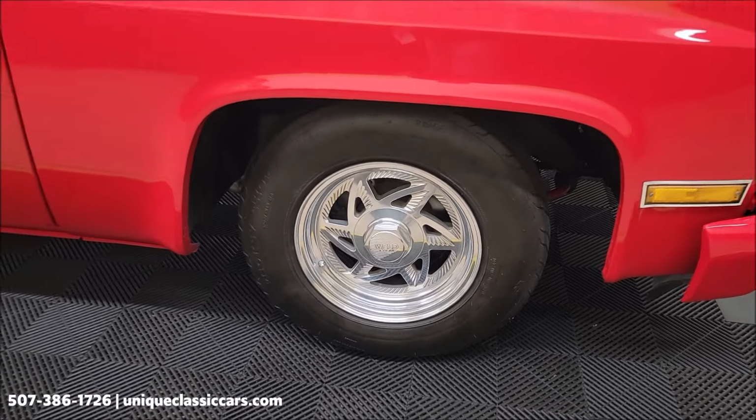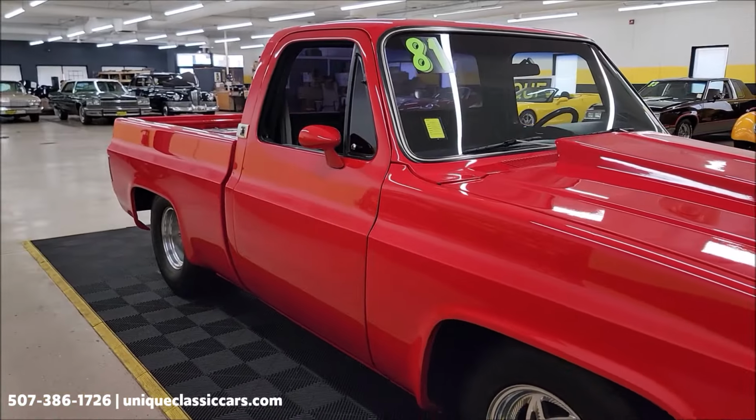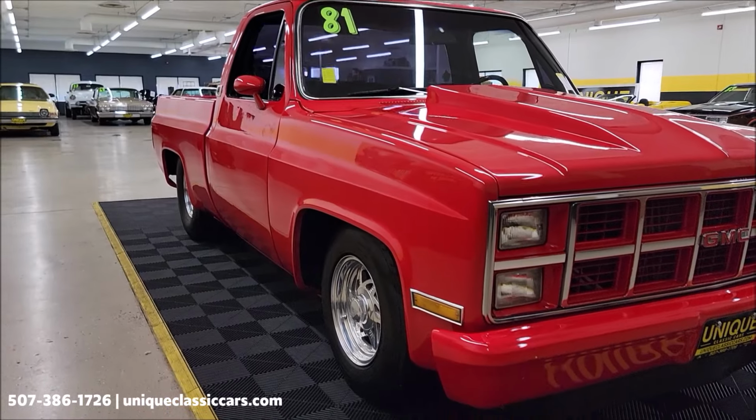Riding on Weld Racing wheels, polished aluminum. Disc brakes up front. You'll see a sway bar up front too when you look at the undersides. Ford 9-inch rear end in the back with ladder bars, adjustable coilovers are some of the things you're going to see